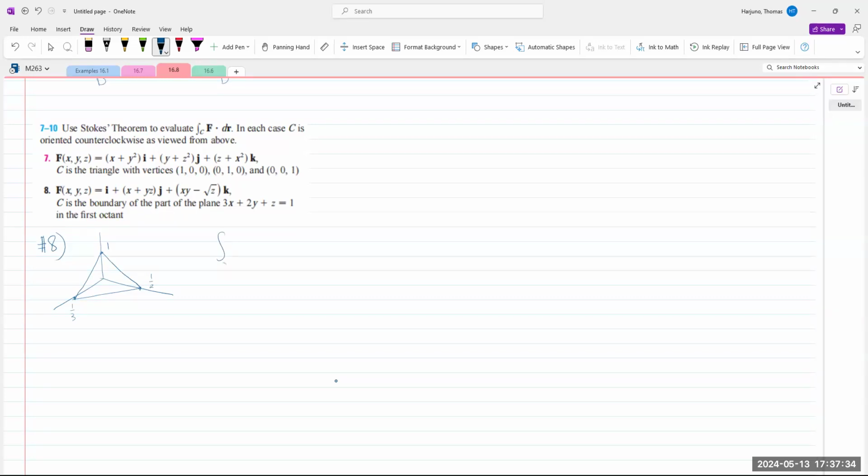The integral over closed curve C of F dot dr is supposed to be seen as the integral over C1 plus the integral over C2 plus the integral over C3 of F dot dr, right? But no, we don't want to do that. Why? It seems like we will work very hard. So instead of doing it that way,